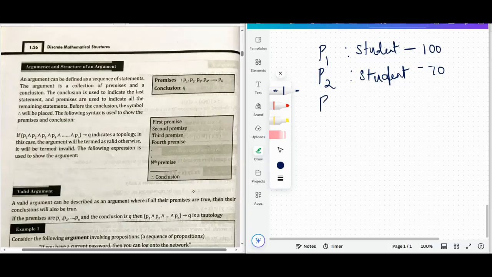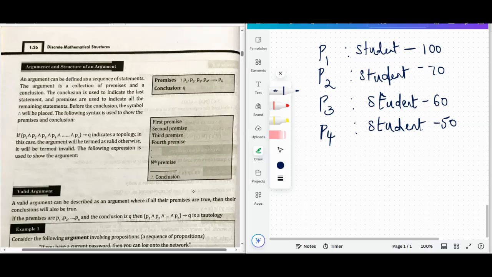Then P3, a student who scores 60, and P4, a student scoring 50. So if the argument is we want a student who is scoring more than 70, so 70 and above,